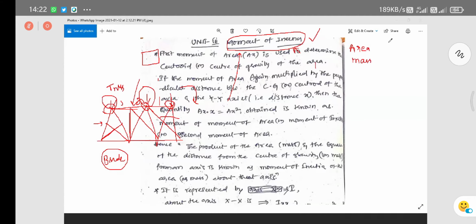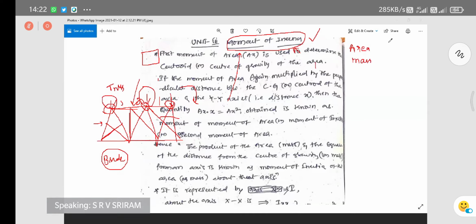Length, area and volume. So what are the mass properties? If it is length, area and volume, purely geometrical properties, the related term is going to be called the centroid. If you focus on geometrical properties like length, area, volume, we have to consider only the centroid. Why? Because geometrical properties will not have any content inside; we will only have dimensions, L, B, H dimensions.